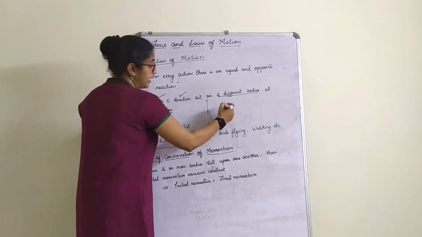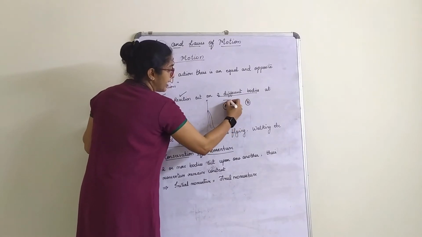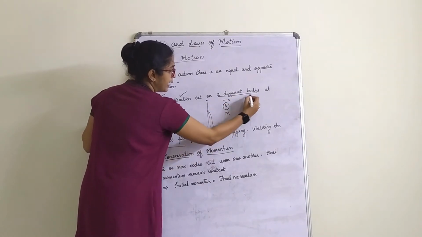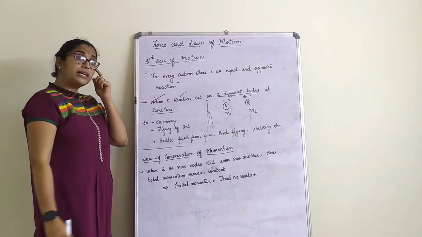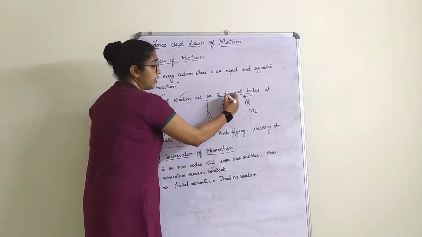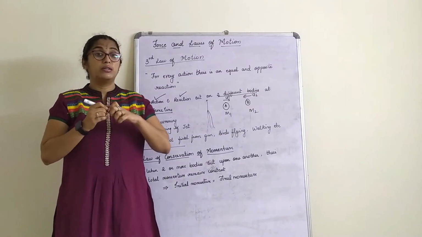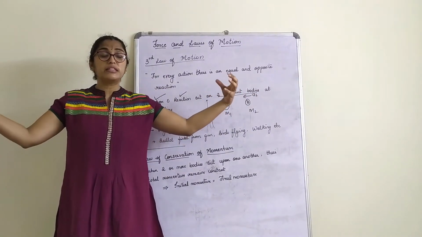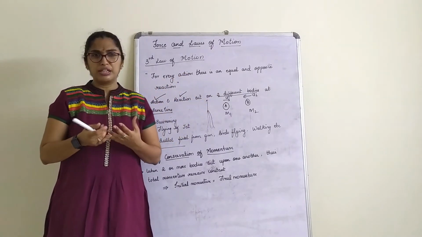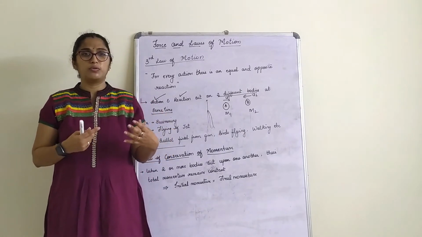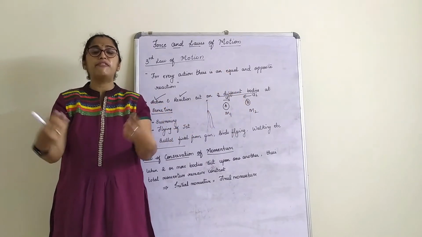So assume that we have a body or a vehicle A and a vehicle B. Vehicle A has mass m1, vehicle B has mass m2. Now these are moving with some velocity u1 and u2. Now these two objects or vehicles are coming with such a velocity that they strike each other. Assume that you are playing with a toy car at your home. So from here one and here two cars are coming at some velocity, right?